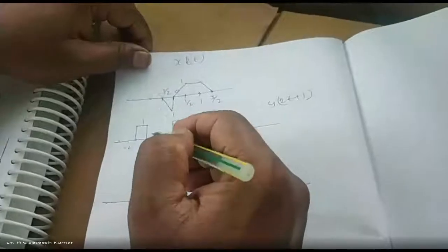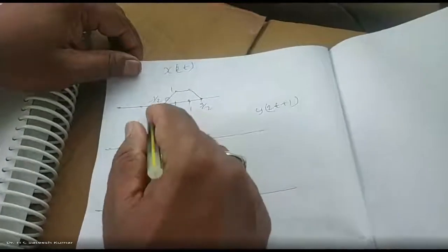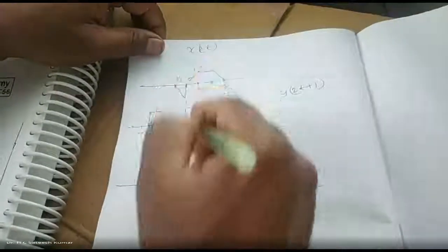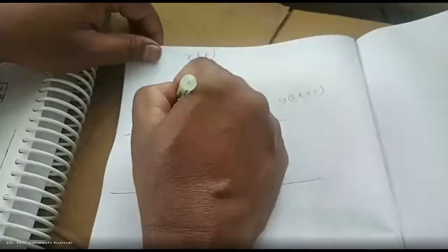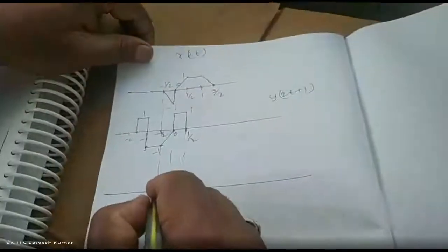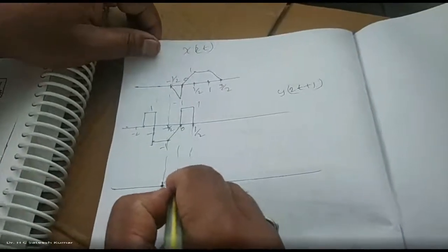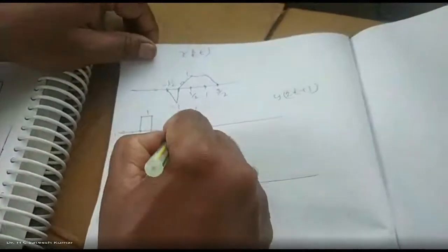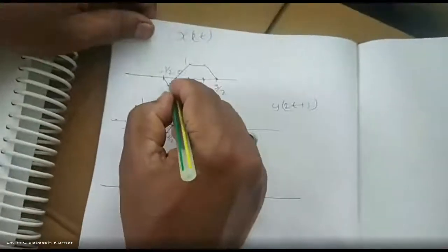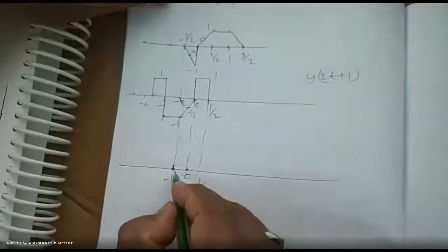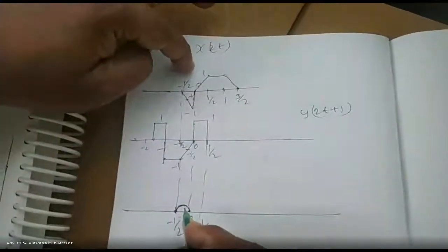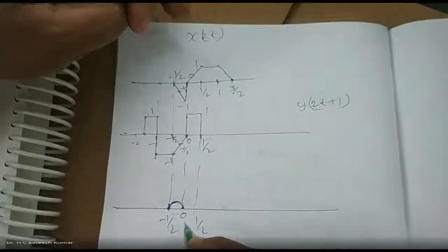Okay, right. Now, multiply it. Minus 1 into 0, 0. 0 into minus 1, 0. t into t, t square. T square is a parabola. Parabola may be either on the top side or on the bottom side. Which side will it come? Go to the half of the way. This is minus half, this is plus half. Minus half into minus half is what? Plus 1 by 4. Therefore, it has to come to the top side. If half into minus half means minus 1 by 4, then it would be on the bottom side.